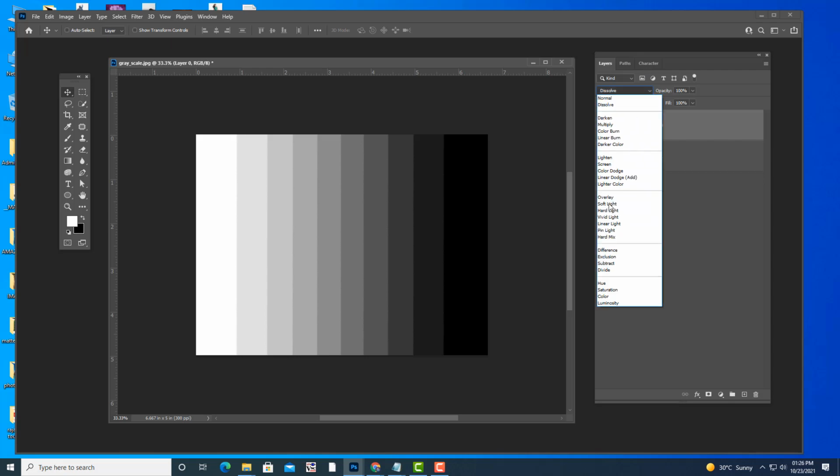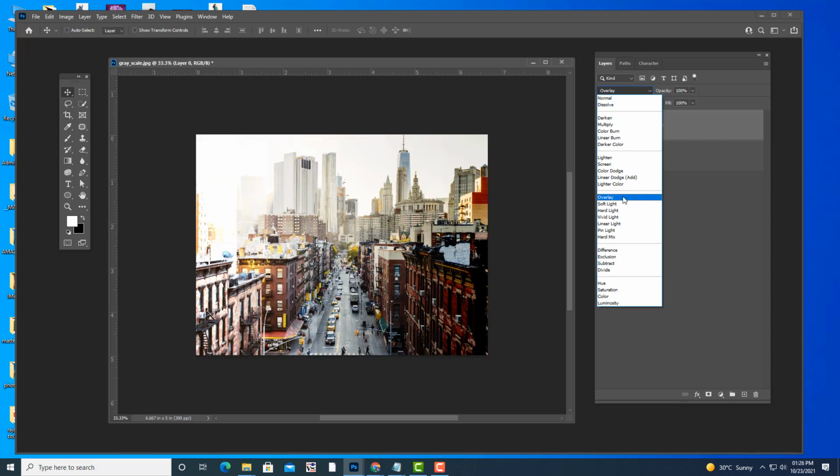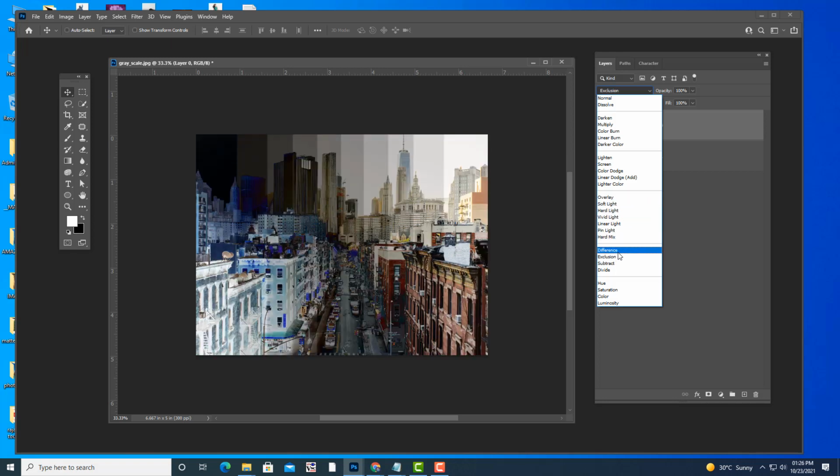The third section is the contrast section. What this contrast section will do is keep dark colors, keep light colors, but remove the medium colors or gray colors. That is the meaning of the contrast section. Then the section below the contrast section is this one. Each section is divided by this horizontal line.